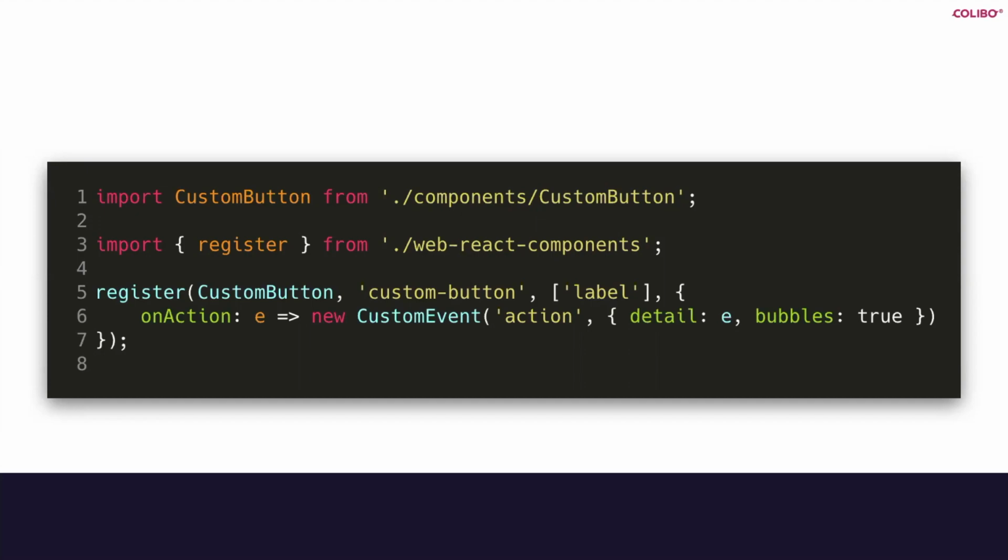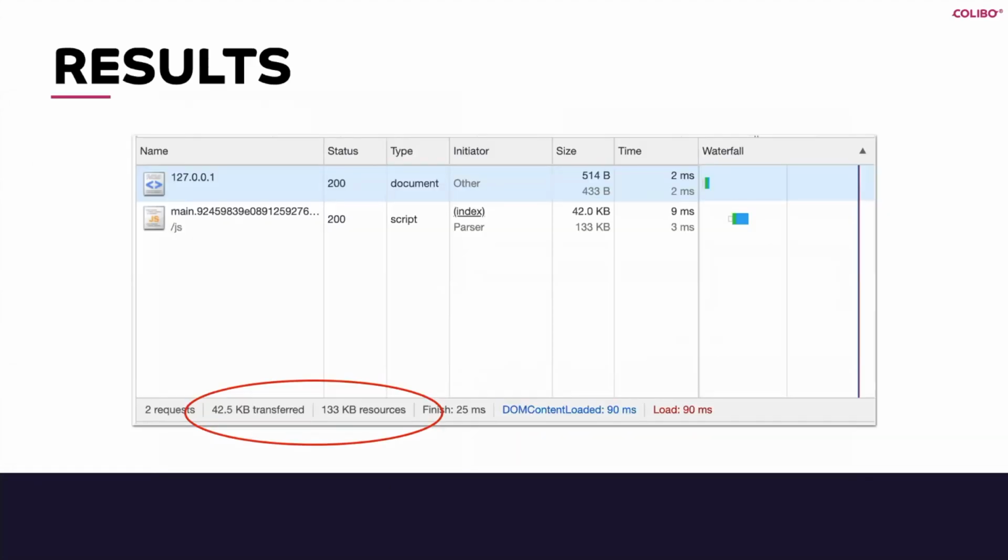And then the fourth argument you see is an object which has a binding between a React style callback and the web component style custom events, for doing events up and down the tree. So I think that's a very nice and explicit way of saying: from inside React, you should just write React like you normally do, and then we'll do a little bit of translation to make this work. So I think that's very nice. The slide I was going to show here is that for React, we're at 42 kilobytes of code, which is kind of nice.